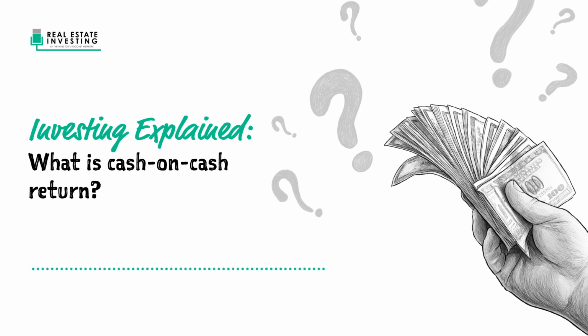The goal is basically to create equity through buying below market or adding value through raising rents or doing a rehab or something like that, so that the cash you actually have invested at the end of the day is significantly lower than what you'd have to put in if you were to just buy it at market value, which means your cash on cash return can be 100%, 200%, or even larger than that, because the amount of money that you actually have invested in the deal at the end of the day is so low.